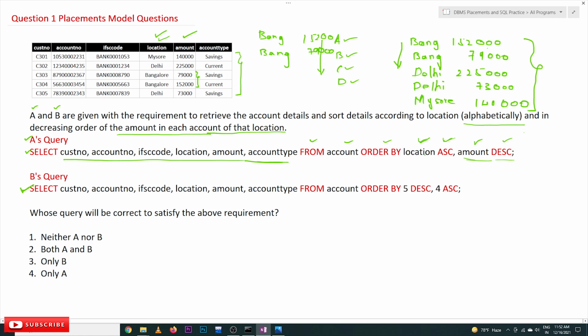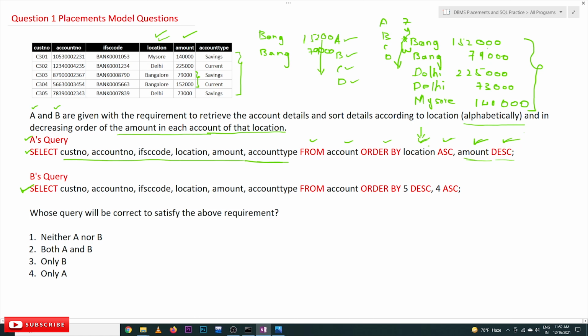Based upon the location, it has to be in the ascending order. Ascending order for alphabets means A, B, C, D. Descending order means Z, Y, X. This is how the things will get displayed. And based upon the amount, it has to be in the descending order.